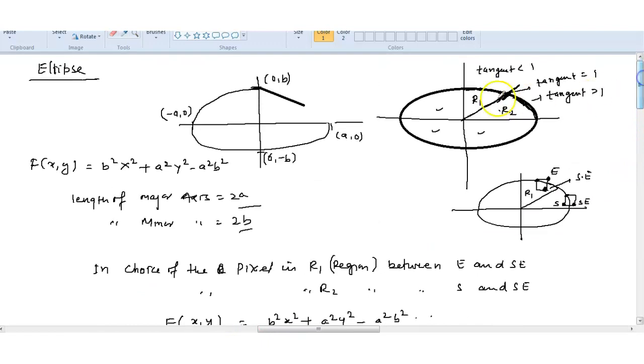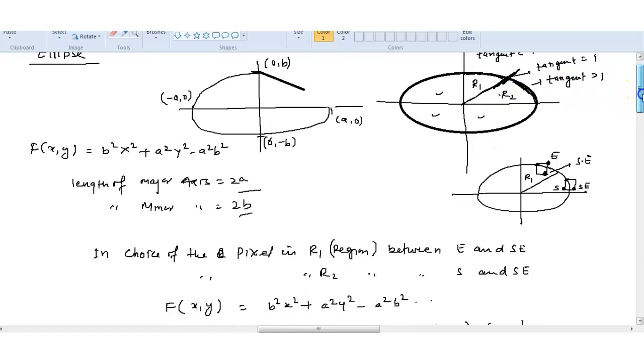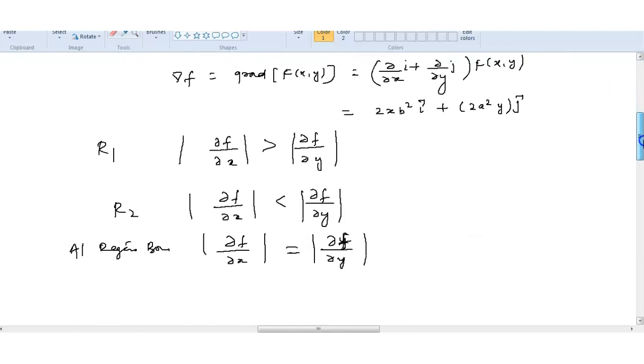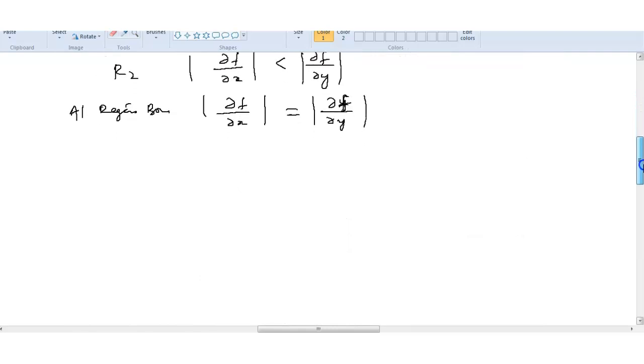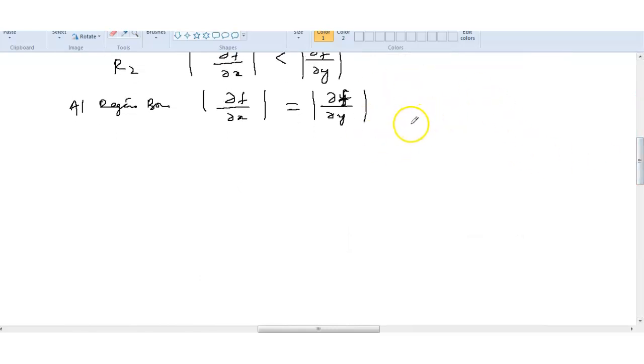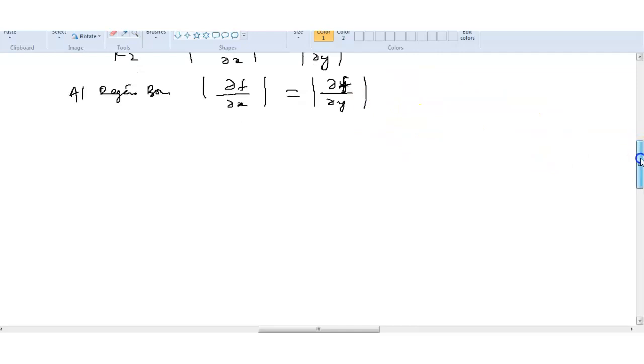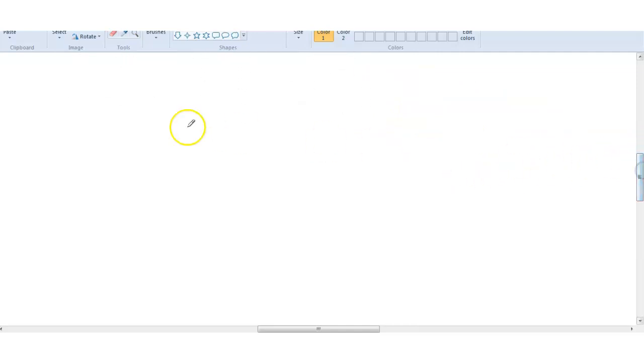So this is less than 1 means x is greater here and y is greater here, and at a particular point on this line, at this point here, the tangent with respect to both x and y will be the same. So we obtain the criteria when the next midpoint moves from R1 to R2 by using the conditions we obtained. We will select which region we are working on.